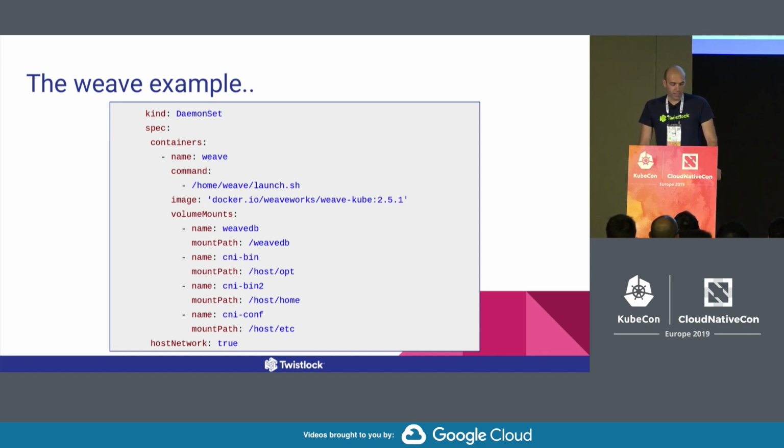And the second reason for being on the host network is, of course, because we are going to manipulate the host network stack by performing some maybe iptables changes, routes, and other stuff, so we need to run on the host network. And a second thing worth noting here is that you can see that the Weave container itself has mounts to specific paths on the disk, to the locations where we need to place the configuration file,